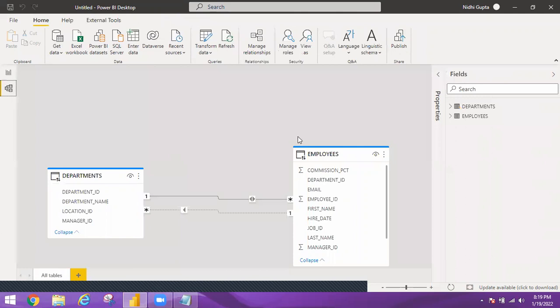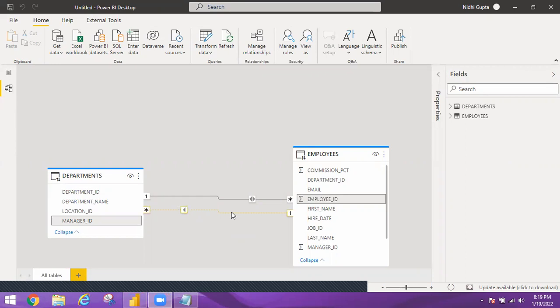Okay. Now the next thing that we will see, this was your active relationship. Always remember, between the two tables you will always see one solid line, that is your active relationship. Now coming to inactive relationship, this is your inactive relationship. When I put my cursor on this inactive relationship, I can read the values. So here the relationship exists between two columns,